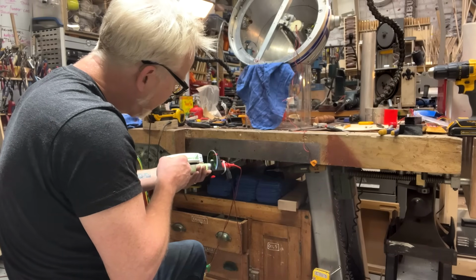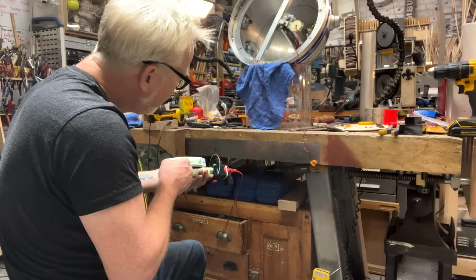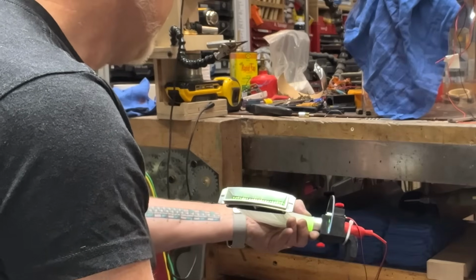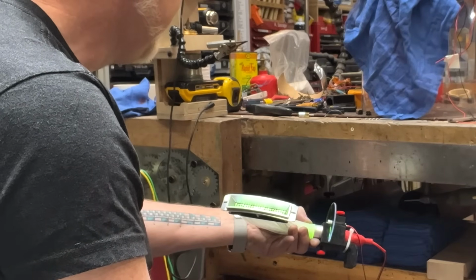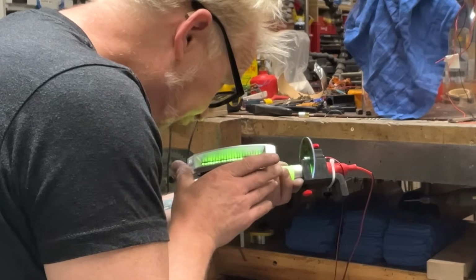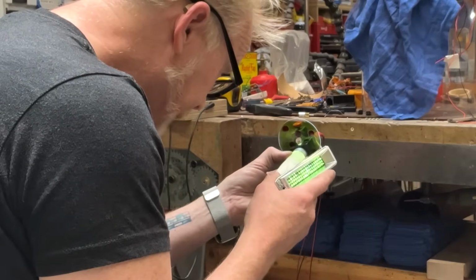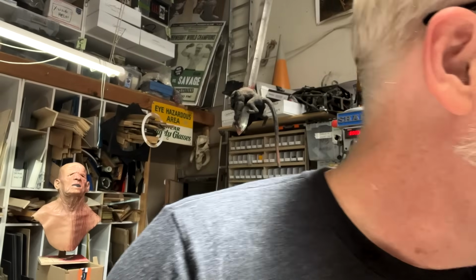Oh, clearly I need some more red. Oh, I need a lot more red. It's great. I really dig it, but I need a lot more red. Okay, however, mechanically, it's all going. I've been going so fast, I'm going to spend some time cleaning up the shop, and then I'm going to get back into...